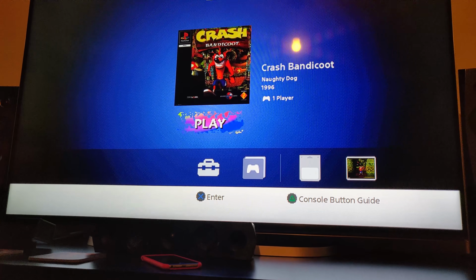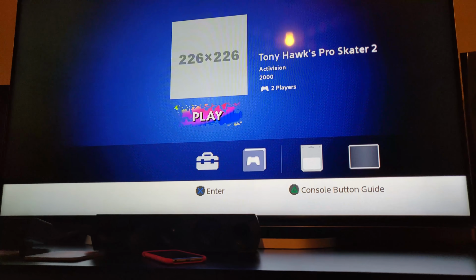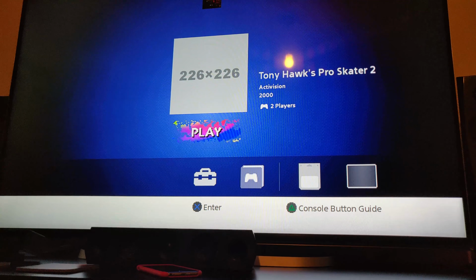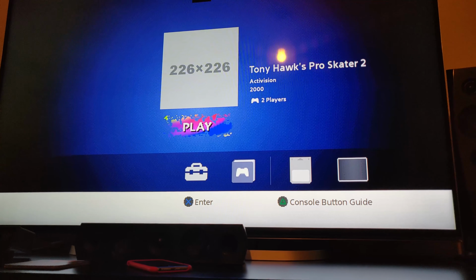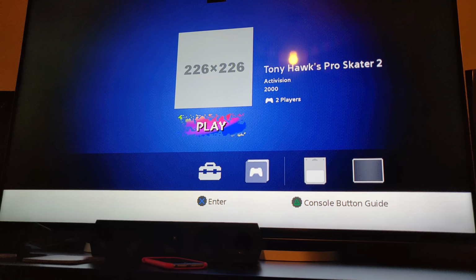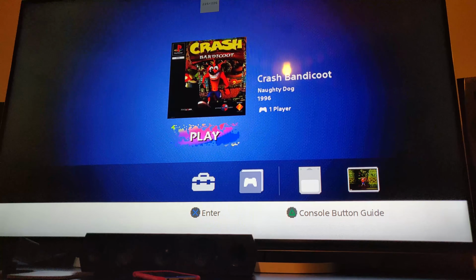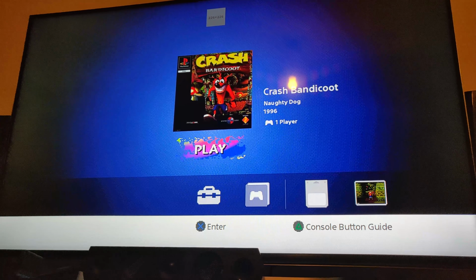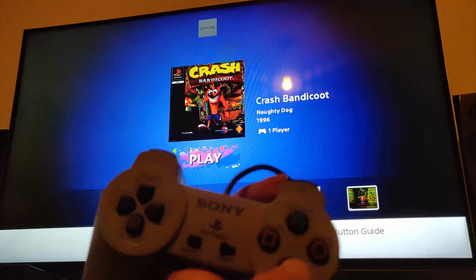Now you will get your BleemSync hacked menu, and on here will be all your games. So got Crash Bandicoot. This Tony Hawk's Pro Skater 2 isn't an actual game. It's just basically an empty bin queue folder with this image on there. It's just to show you the format of copying your games over. But this one is a legit one, as I showed you in the first part of the tutorial on the computer. If I click X on here,